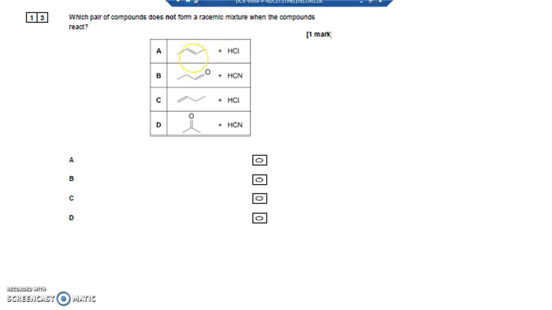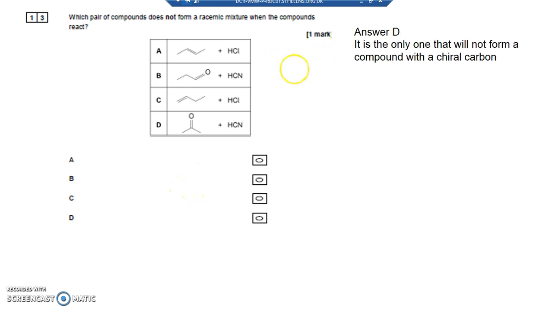So the question is saying which one hasn't got chiral carbons when it's reacted. So we're looking for something maybe symmetrical, so automatically I'm drawn towards D because I've got 2 methyl groups. So D looks as if it's automatically going to be the answer, although I can talk you through why the others are not. So A, if HCl joins across the double bond by electrophilic addition, then